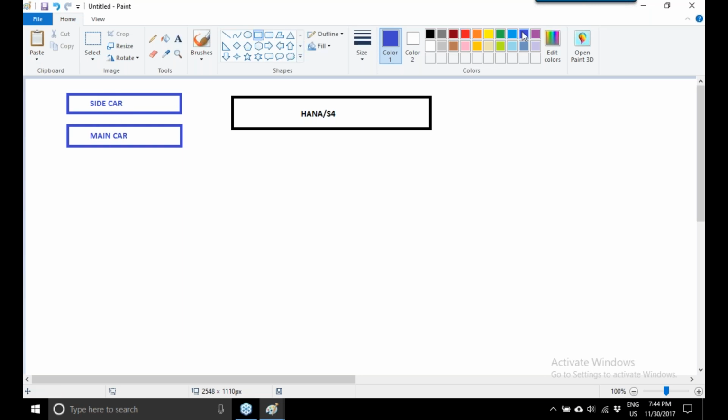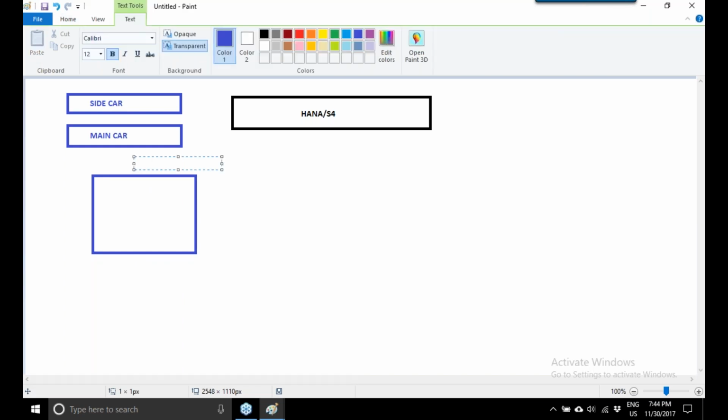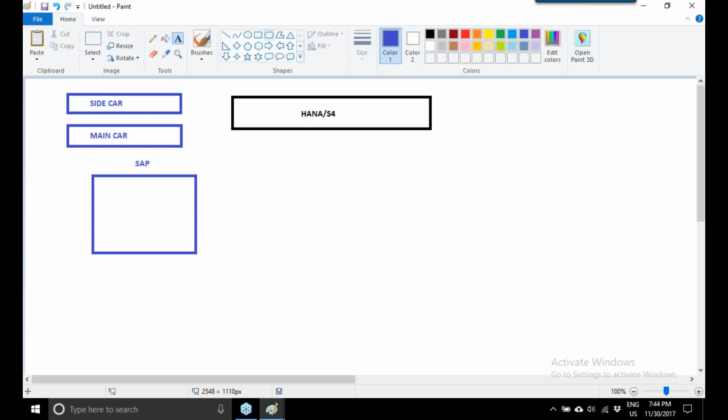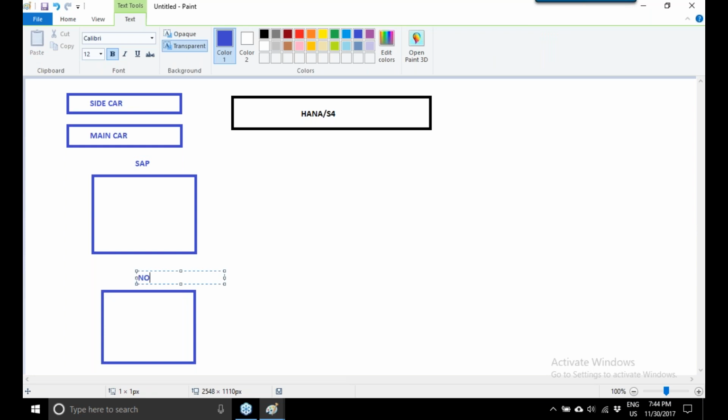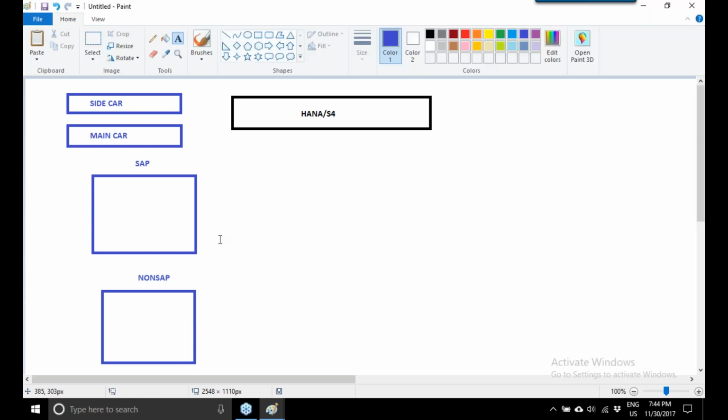For example, you know most of the customers have already implemented SAP systems, or they have implemented non-SAP systems. In the customer landscape, you find SAP as well as non-SAP systems.